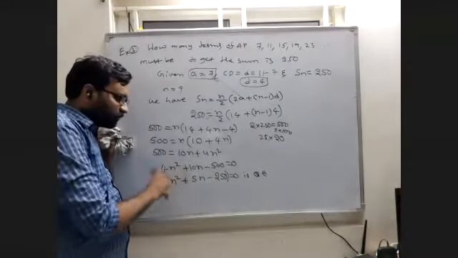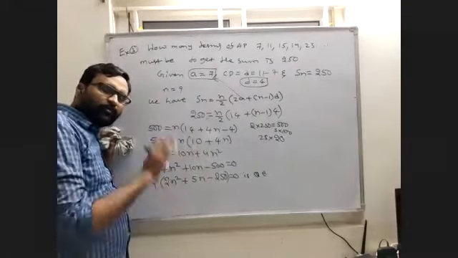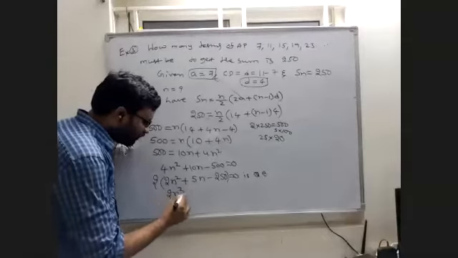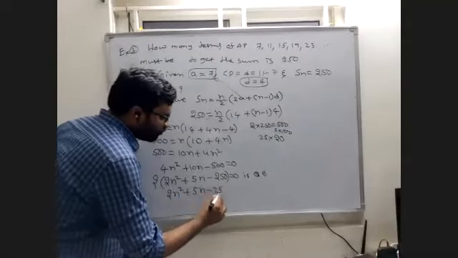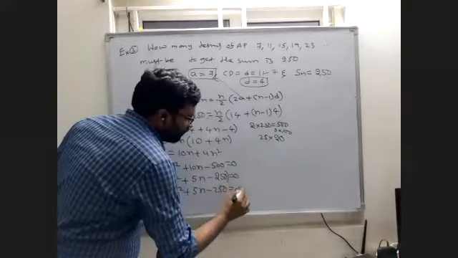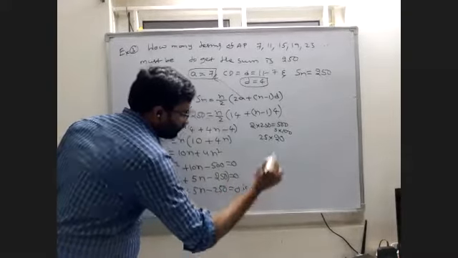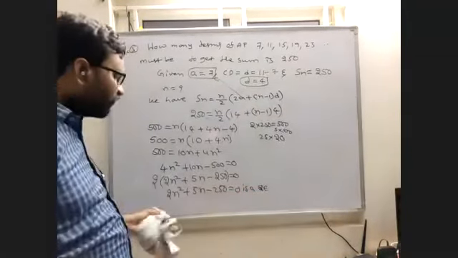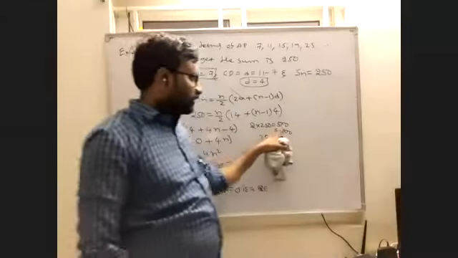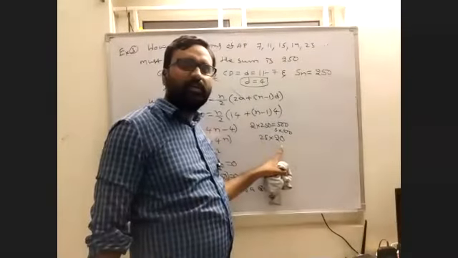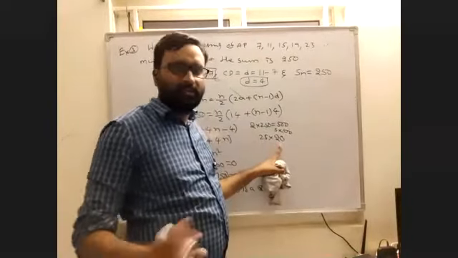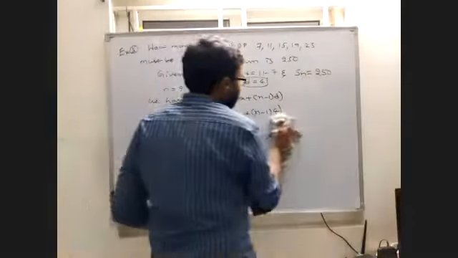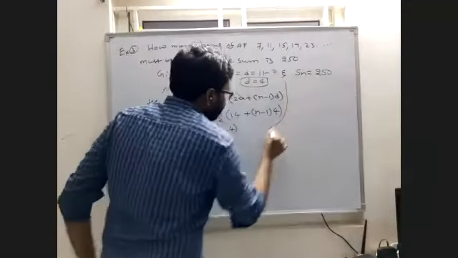Okay. You are taking 2 common. 2 2s are 4, 2 5s are 10, 250, 250 into 2 is 500. Again, taking 2, that side will be 0. Then we can write 2n square plus 5n minus 250 is equal to 0, which is a quadratic equation. I am doing factorization. 2 into 250 is 500. 500 we can write as 25 into 20. 25 into 20 is clearly 500. 25 minus 20 is clearly 5. So we can write with 25 and 20. That's why I am using those two values.